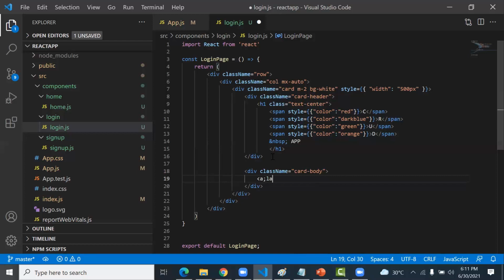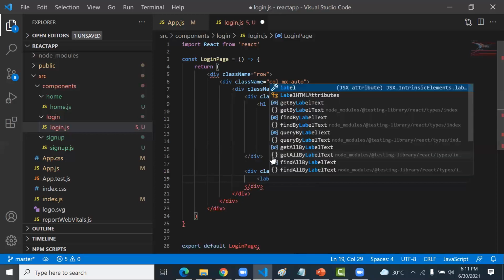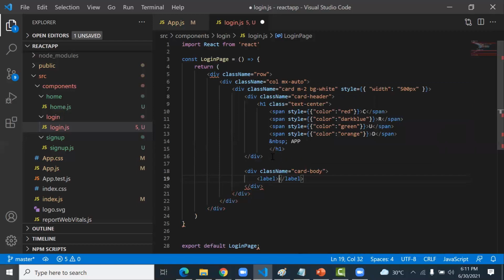Okay, label, and in this label I type username or email. And here I take a span tag once again to show a star. I only want to change the color, so style is equal to